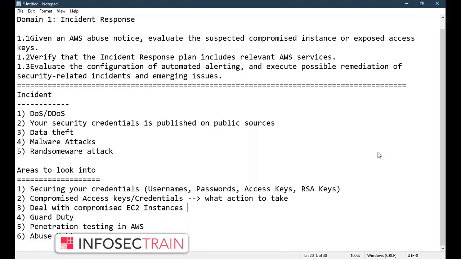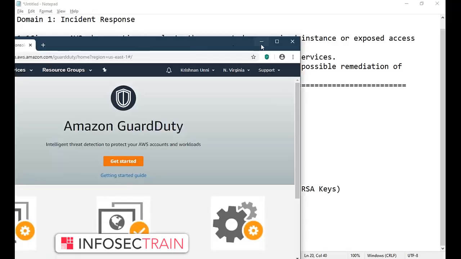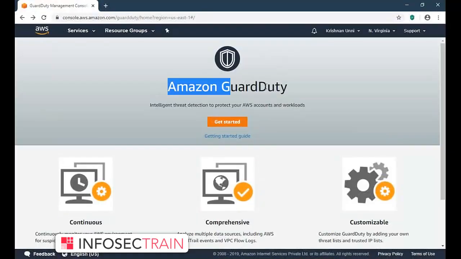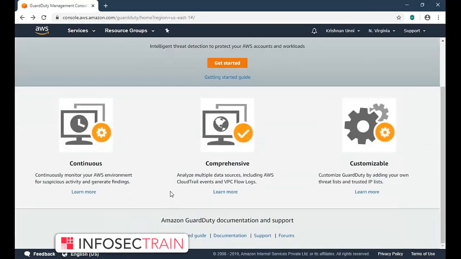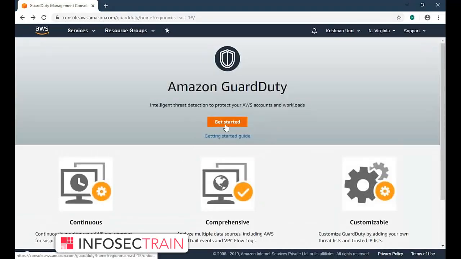Yeah, sure, friend. I'll explain. GuardDuty is a service which analyzes your log files, and based on that, it will detect threats. I'll give an example. Assume that you are getting some malicious requests from a specific IP address. When you get a lot of malicious requests from a specific IP address, that is logged, right? So GuardDuty will verify the logs, and based on that, it will inform you